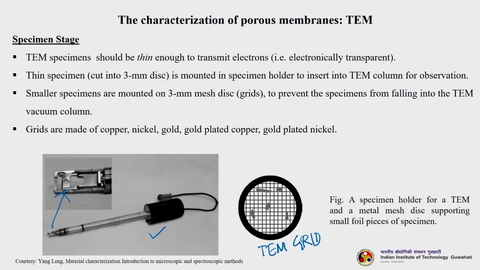So, here one care should be taken in such a way. You are seeing now, please see this, these are specimens. Okay. So, it should be in such a way that the size is more than this particular size of the grids here. This is one grid, okay, this particular grid. So, the specimen size should be more than the grid size, a single grid size. Otherwise the vacuum will try to pull it inside the TEM, right.